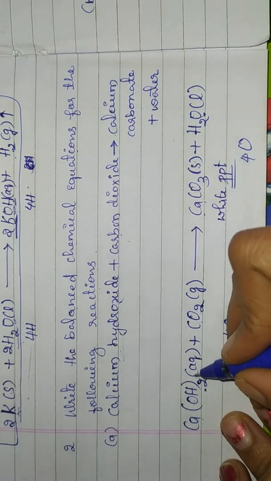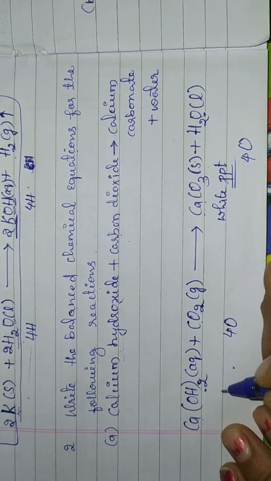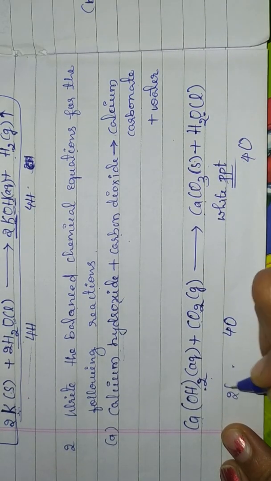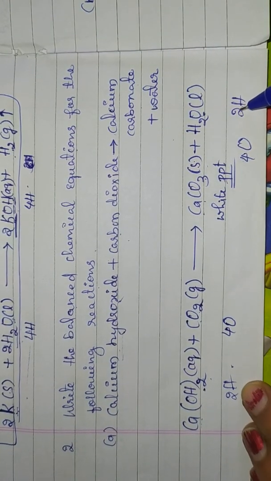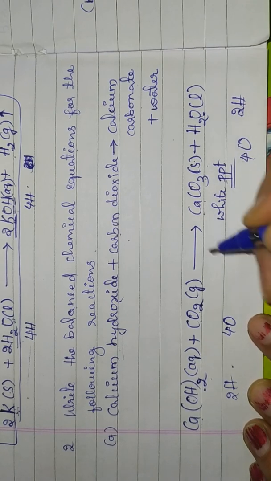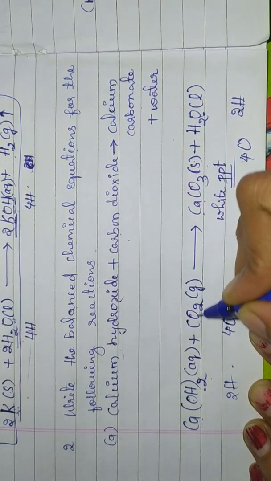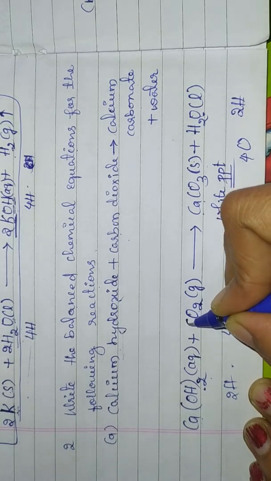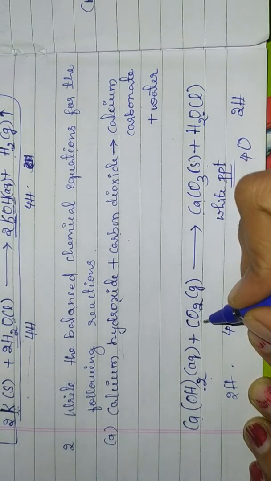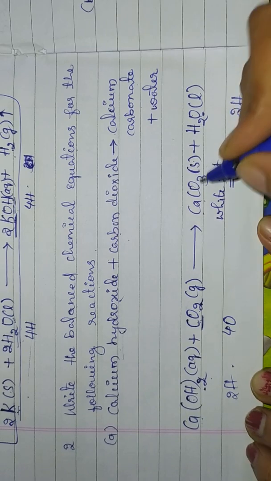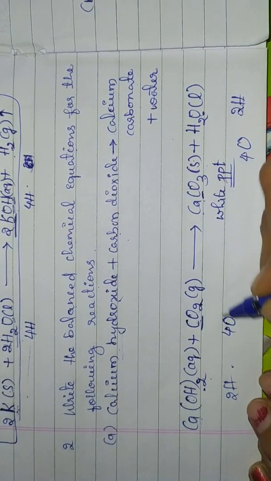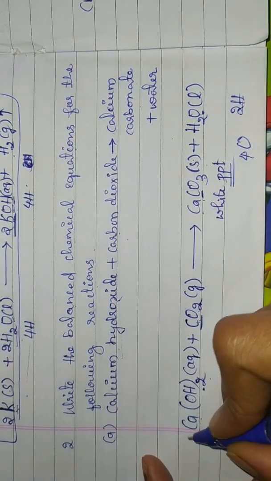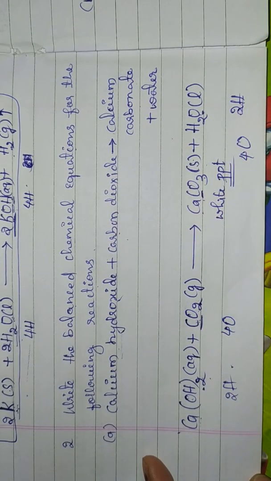Okay. Next we will see hydrogen. Here 2 hydrogen. Okay. In product side 2 hydrogen. Already hydrogen atoms are also balanced. Next we will see the carbon. This compound, carbon dioxide. And we will first balance carbon. Okay. In reactant side 1 carbon. In product side also 1 carbon. Okay. Already oxygen atoms are balanced. So we have balanced this chemical equation. Okay. Next we'll see